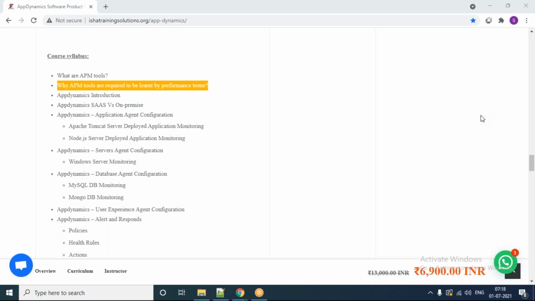Yes, we can see CPU utilization using this APM tool. No, this is not open source. This is actually a commercial one. So that is what I'm trying to say. We should not have a mind block that it is only to be used by performance testers. Anyone can use it based on their need. The infrastructure monitoring team, developers, DevOps engineers, performance testers, performance engineers, everybody can use this.